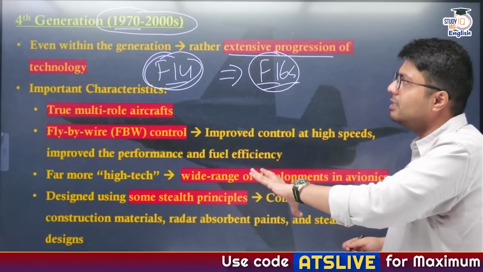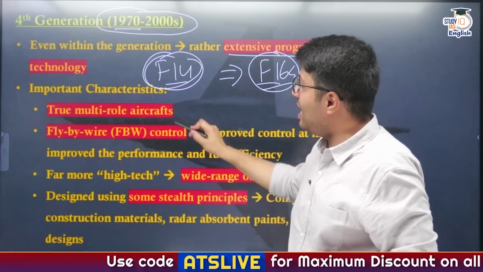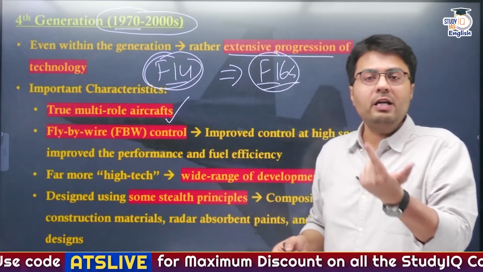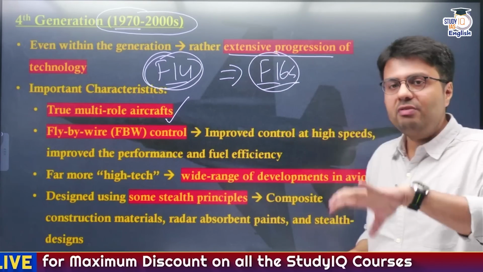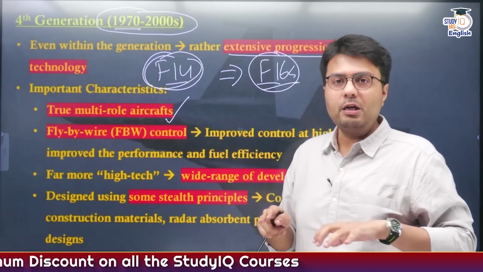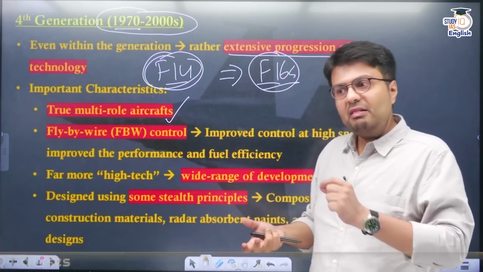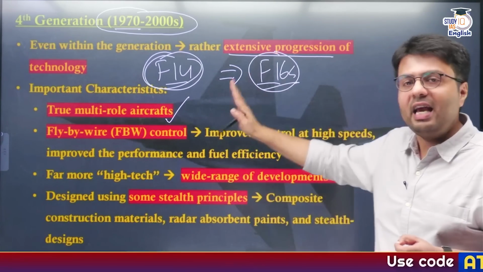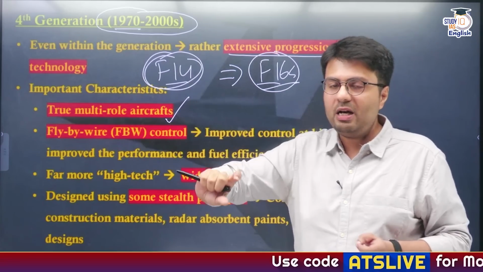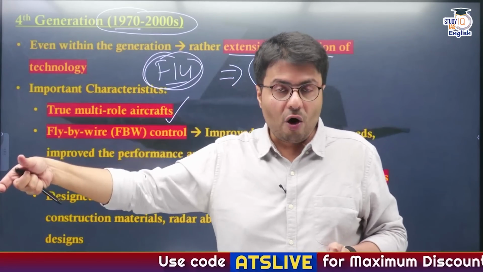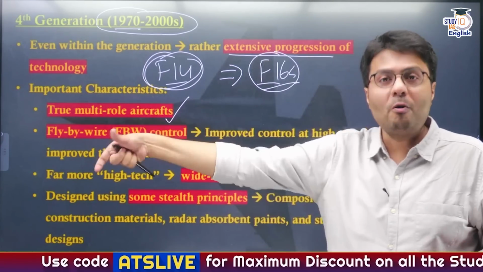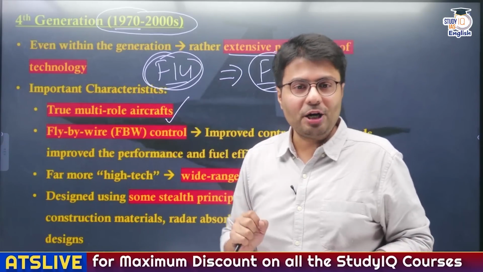Now what you need to understand about fourth generation is that they had multi-role capabilities. The aircraft that we have right now, the Indian Air Force particularly, like the Sukhoi Su-30, like the MiG-29, these are all fourth generation aircraft, and they can play multiple roles. They can even tackle enemy aircraft in dogfights. They can even conduct ground bombing missions like we saw during Operation Sindoor.